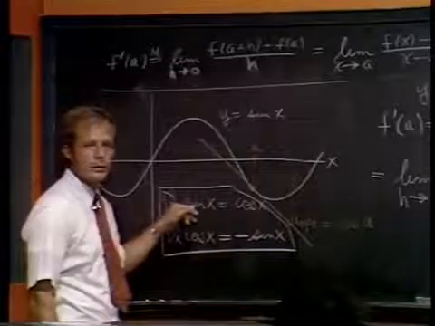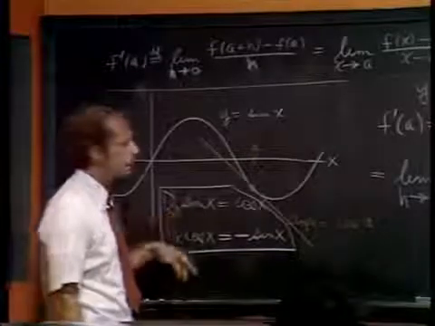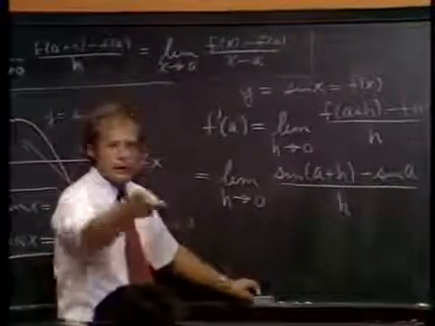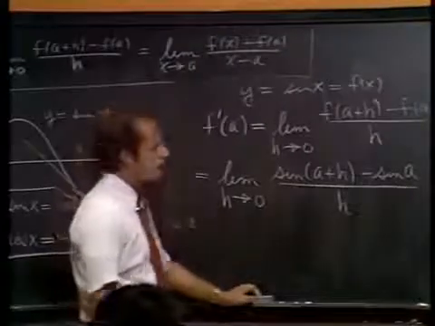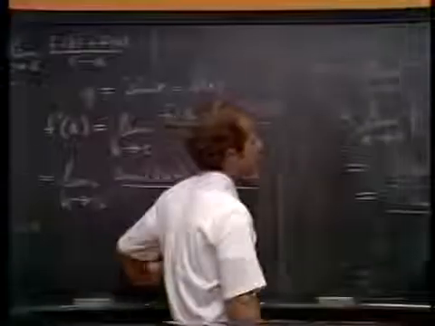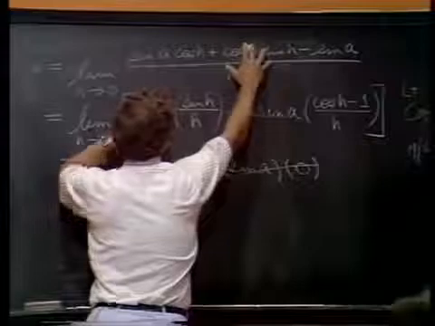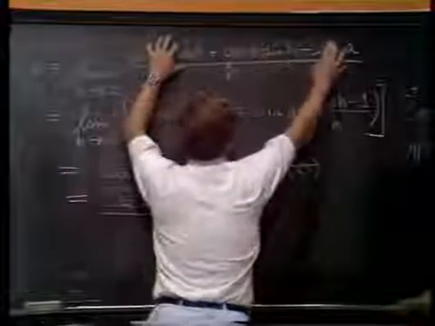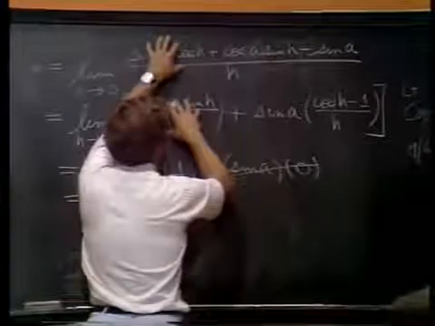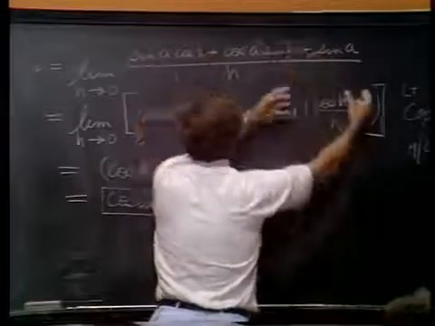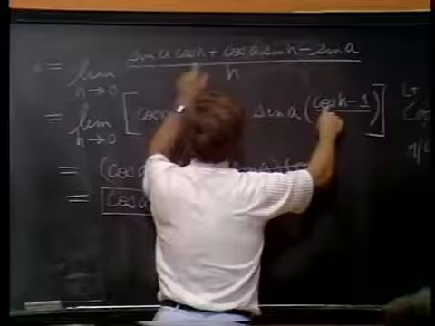Okay, was there a question? Someone looked like they were ready to ask a question. Yes? I don't understand where you got, I can see where you got cosine a times sine h over h. Okay, that was just one of the terms, which I, right, see, I'm looking at this as 3 fractions. I pulled this one out, right, and the other two I didn't really want to break up. I want to squash them together and factor the sine a out. So you get a sine a cosine